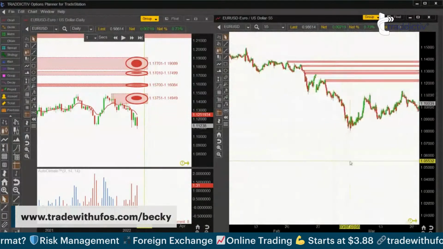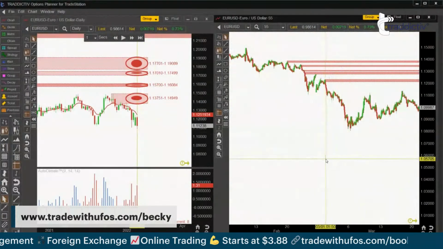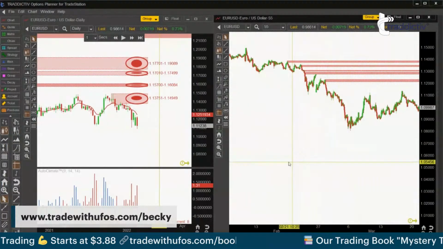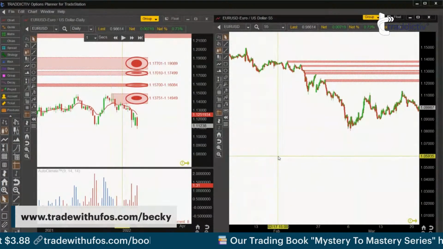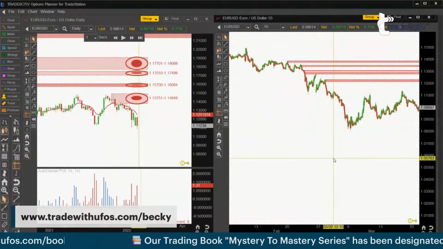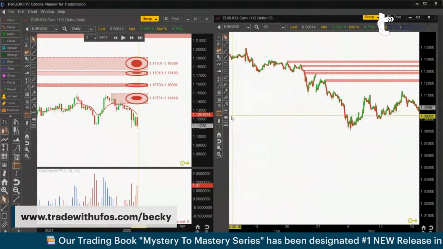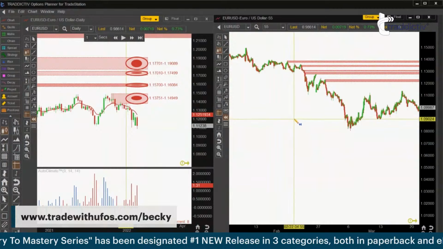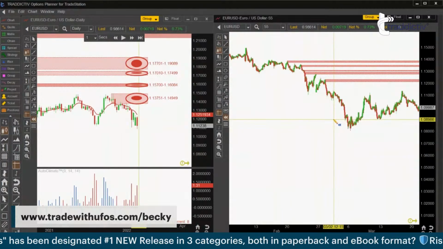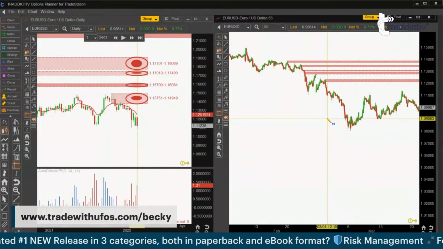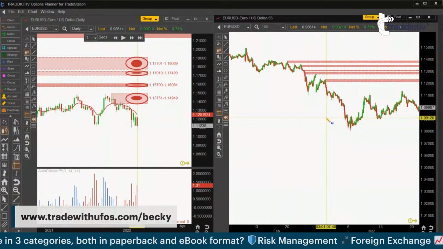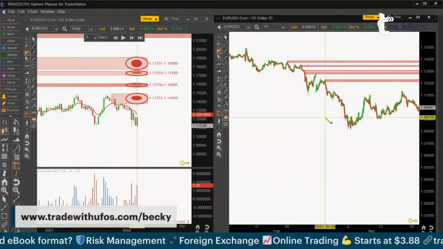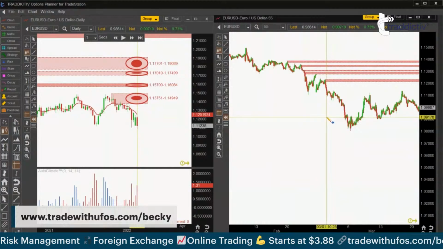So 1st of March, and you'll see, by the way, as I scroll on the right-hand side, the left-hand side will show me as well where it's aligning. But we want here the 1st of March. So I'm going to click this little button, the rewind symbol, the rewind button. And I'm going to go back to the 1st of March as the candle opened, or even better, the time of day that I might sit down.